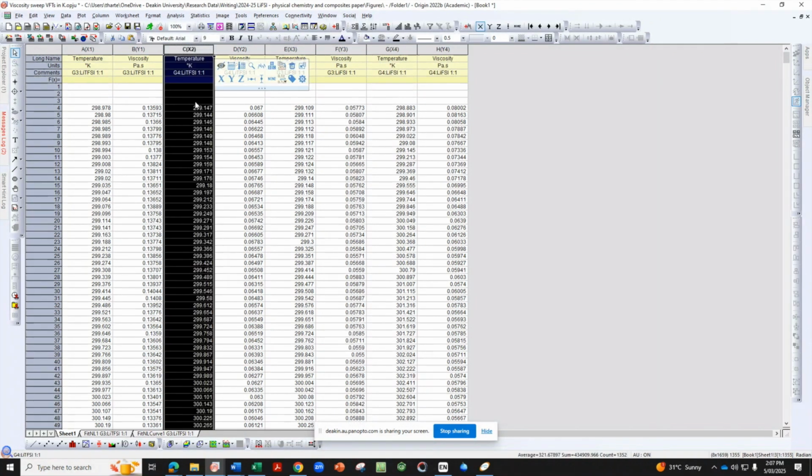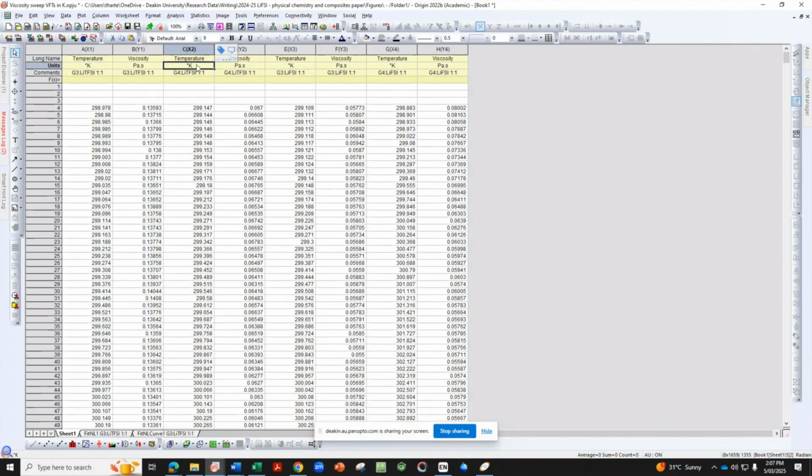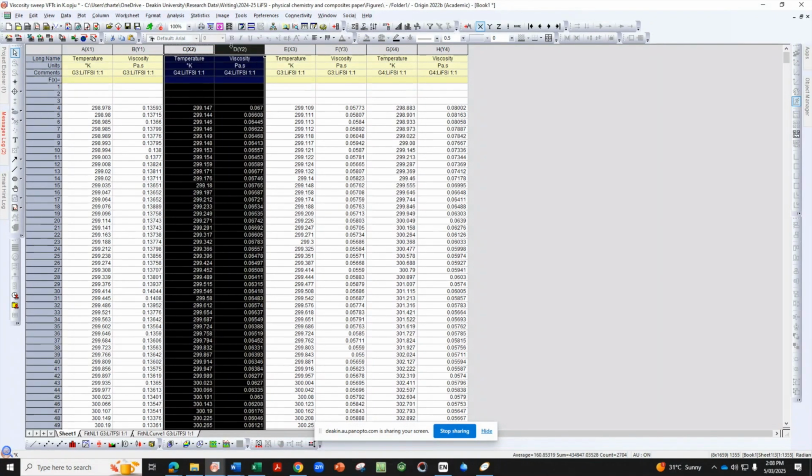Temperature can be in degrees Celsius or degrees Kelvin. The only thing that you have to make sure of is that the temperature unit is consistent between your samples. This was measured in Celsius, but then was converted to Kelvin in an Excel spreadsheet.